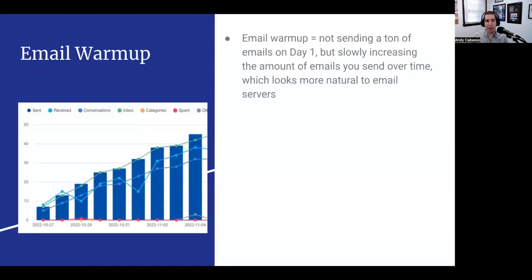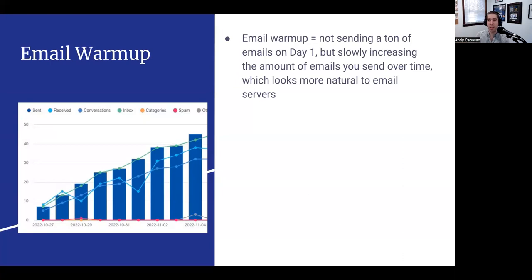So the next thing I want to talk about is email warmup. Another piece of the puzzle of improving our email deliverability. So what is email warmup? Email warmup is basically a process to improve the deliverability of an email address, whether it's a brand new email, or an email that's been in use regularly, or an email that is distressed, that's been in use for a while but is seeing decreased open rates and deliverability.